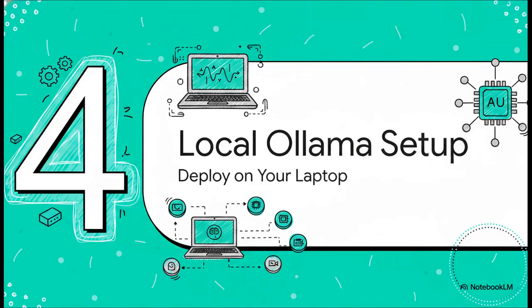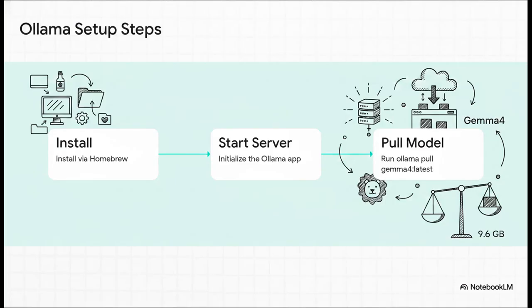That brings us to Section 4, Local Ollama Setup. Time to deploy on your laptop. Let's turn all this theory into action. Getting started is ridiculously straightforward. For Mac users, simply install Ollama via Homebrew, start the application so the background server initializes, and then run the pull command right in your terminal. By default, pulling Gemma 4 latest is going to grab the highly capable 8 billion parameter version, bringing down about